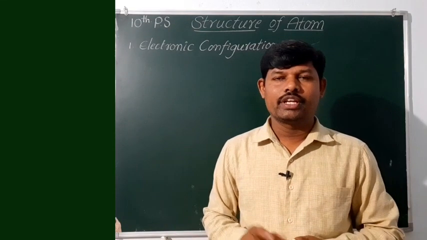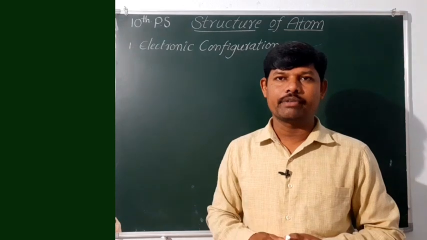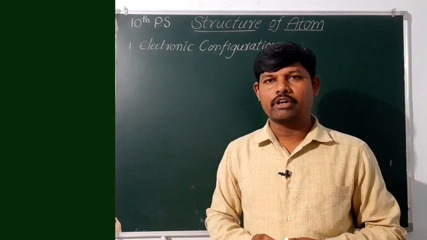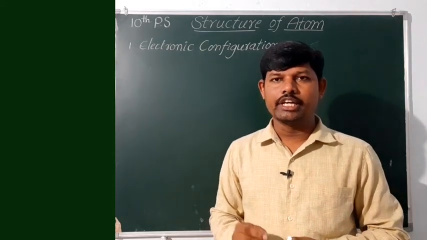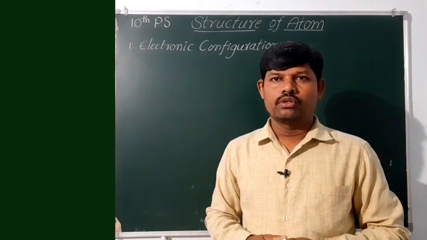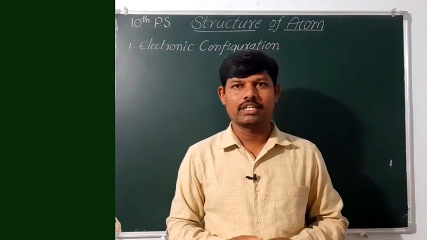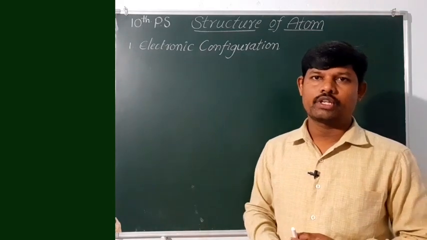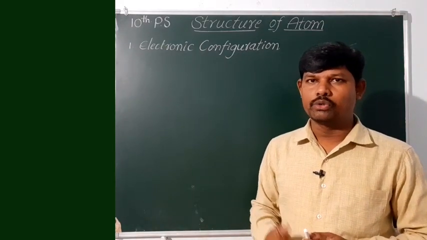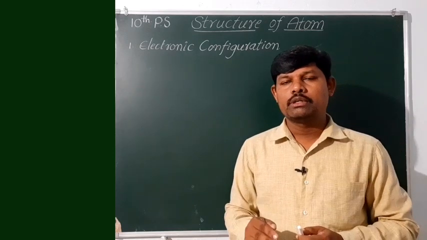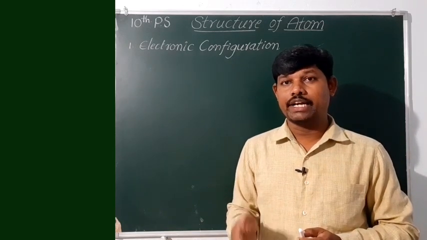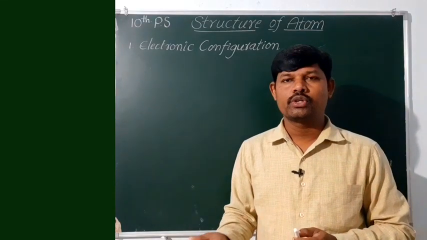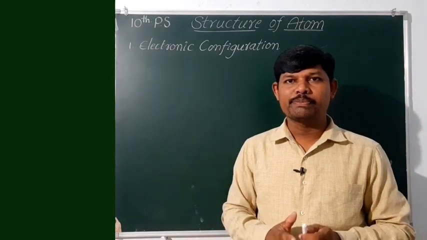Let us consider helium atom. So what is the atomic number of helium? Helium atomic number is 2 and the number of electrons present in helium is 2. So how to distribute these electrons in helium atom, that means in the main shells, subshells and orbitals? What is the criteria we have to follow? To distribute these electrons in the main shell, subshells and orbitals, three main principles are given.